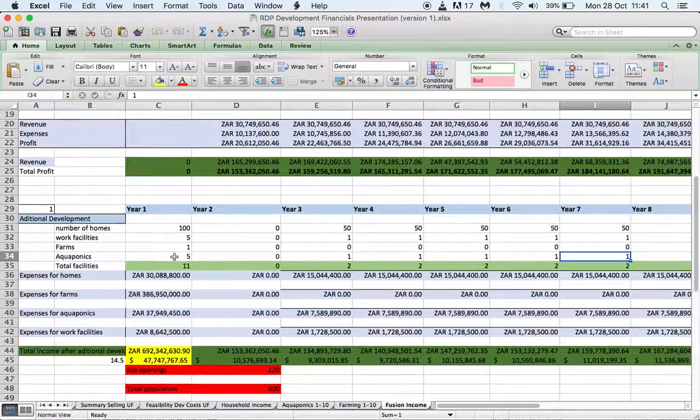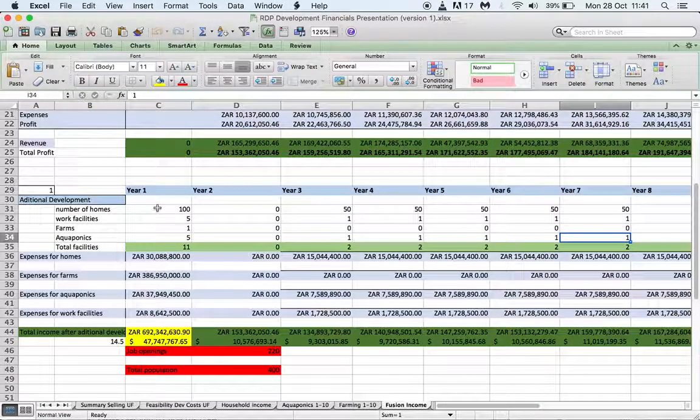So year one, that's your investment year. That's when you build the 100 homes, the 5 work facilities, the one farm, 100 hectares worth, and the 5 aquaponics or hydroponics farms that you will build as well. And then it shows you the expenses that you spent on each one of those facilities. It shows you the 692 million rand investment, which is 47 million dollars. And then it shows you how many jobs you're creating, and the number of population you